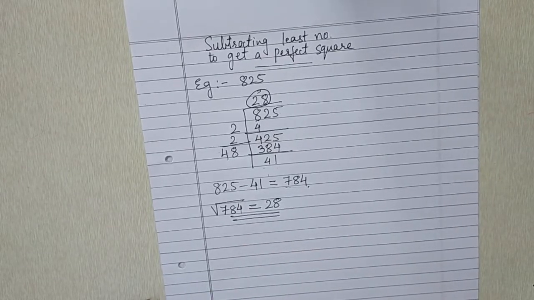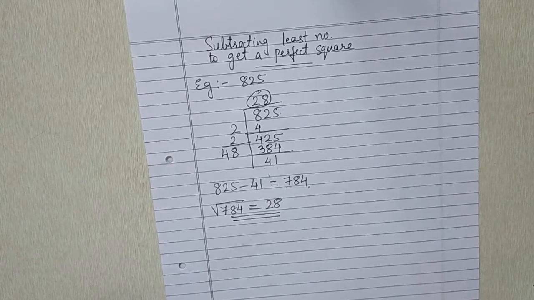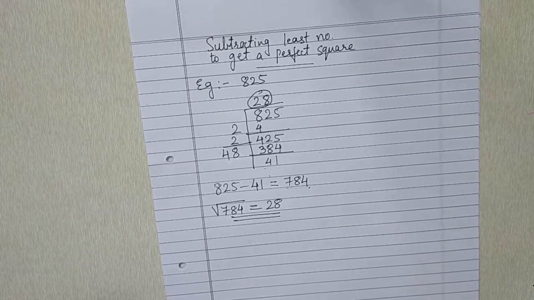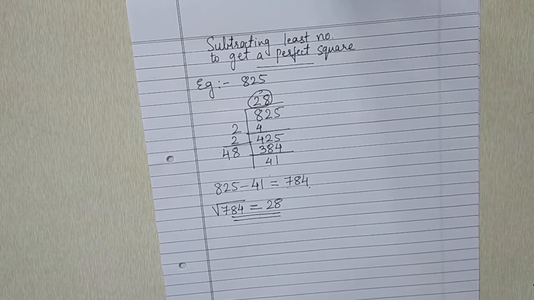This is how we are going to do the sum related to subtraction. Remember students, whenever it is asked multiplication or division, you have to follow prime factorization method only. And whenever it is given to subtract or add, you are supposed to go with division method only. In this, you cannot go for prime factorization method.